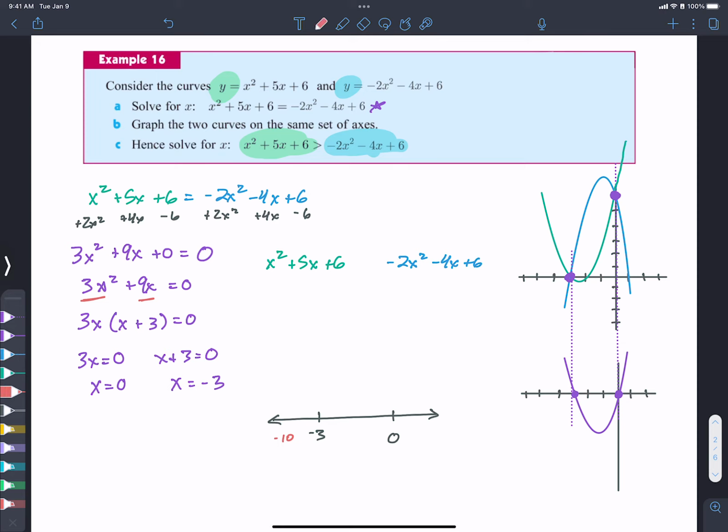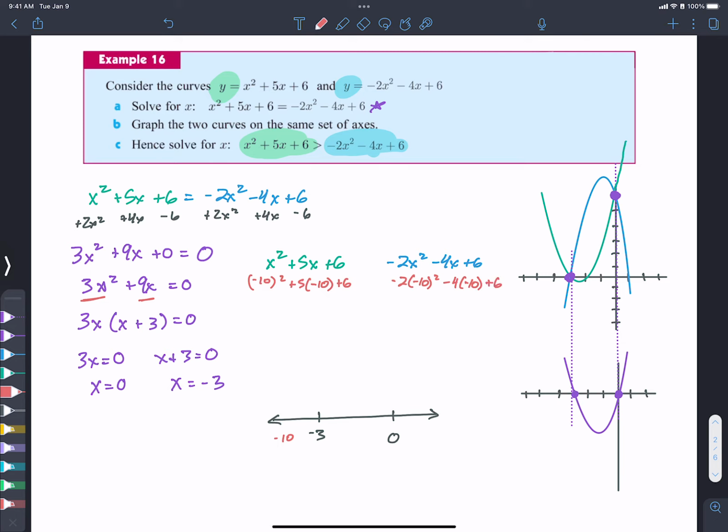So let's see what happens. If I drop negative 10 in here, negative 10 squared plus 5 times negative 10, plus 6. And then I also want to do negative 2 times negative 10 squared minus 4 times negative 10